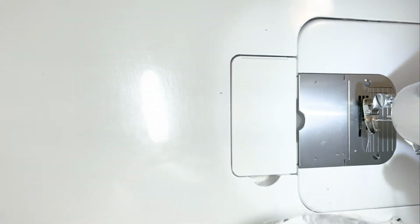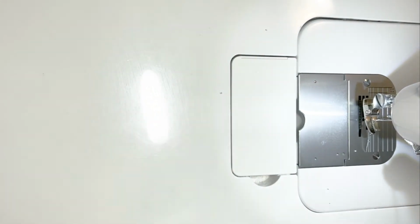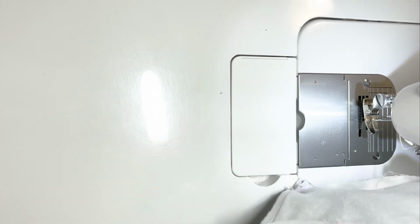So now we're going to go ahead and give birth to our bag. The easiest is to pull out your lining like that, find your opening, and stick your hand in. Grab the bottom panel of your bag and carefully bring out that exterior fabric like you